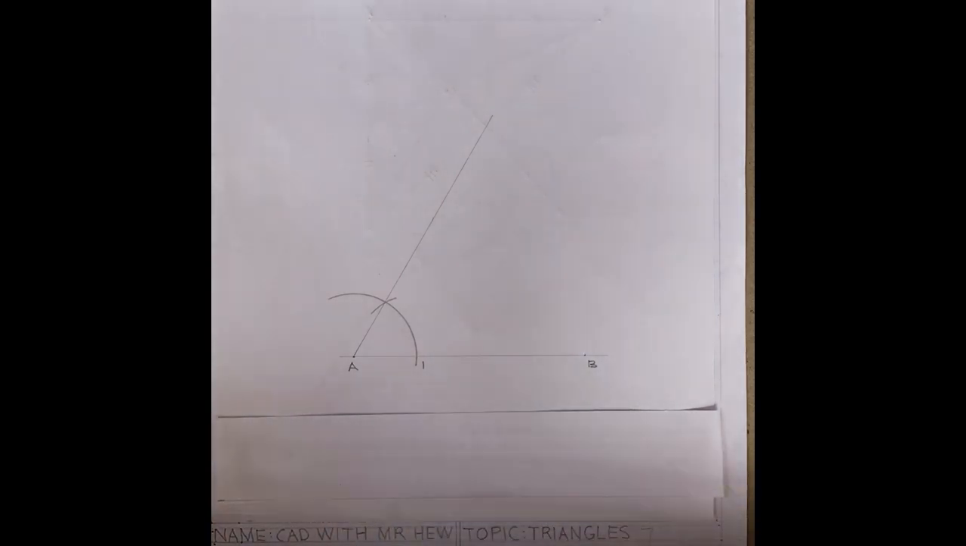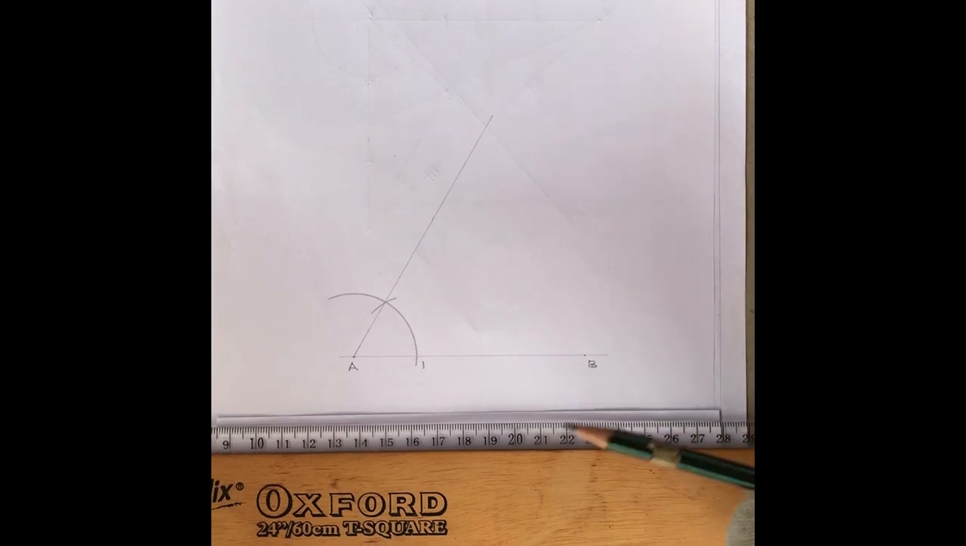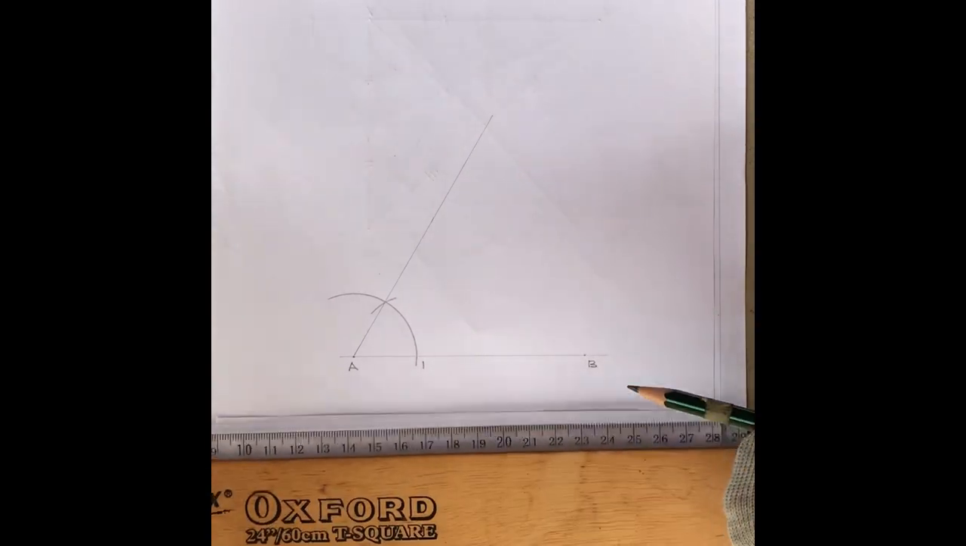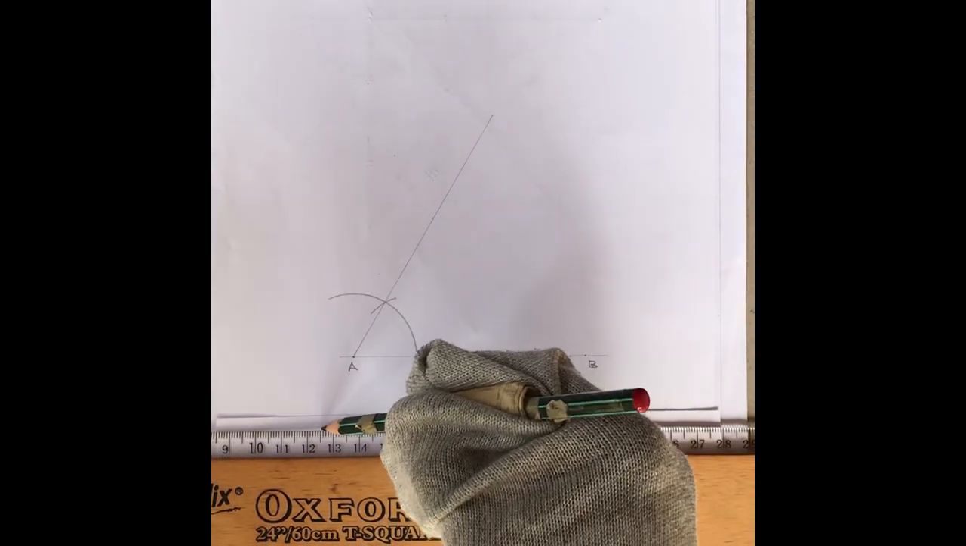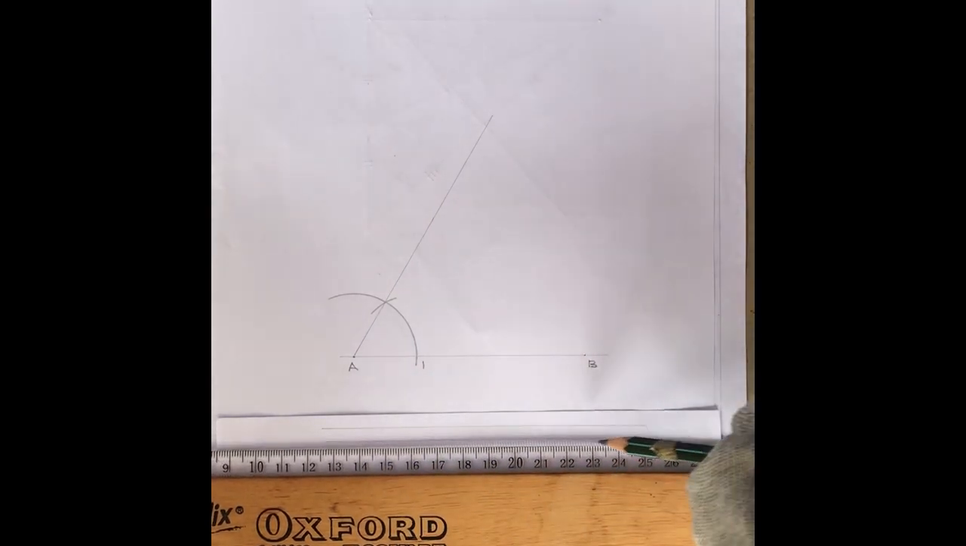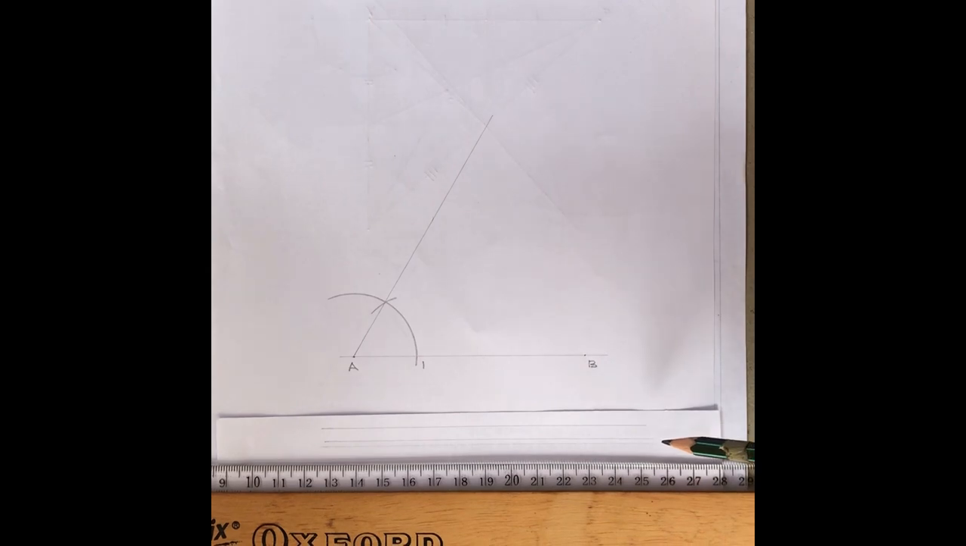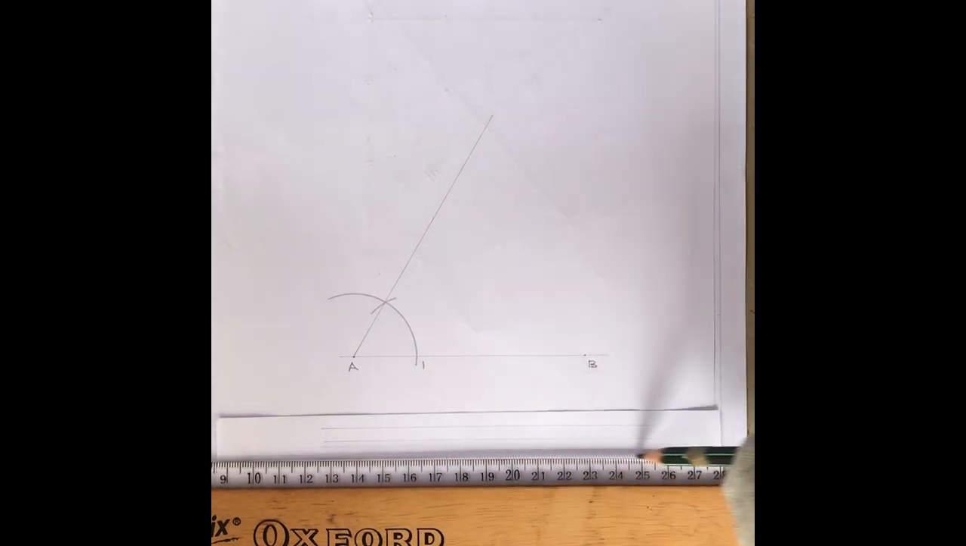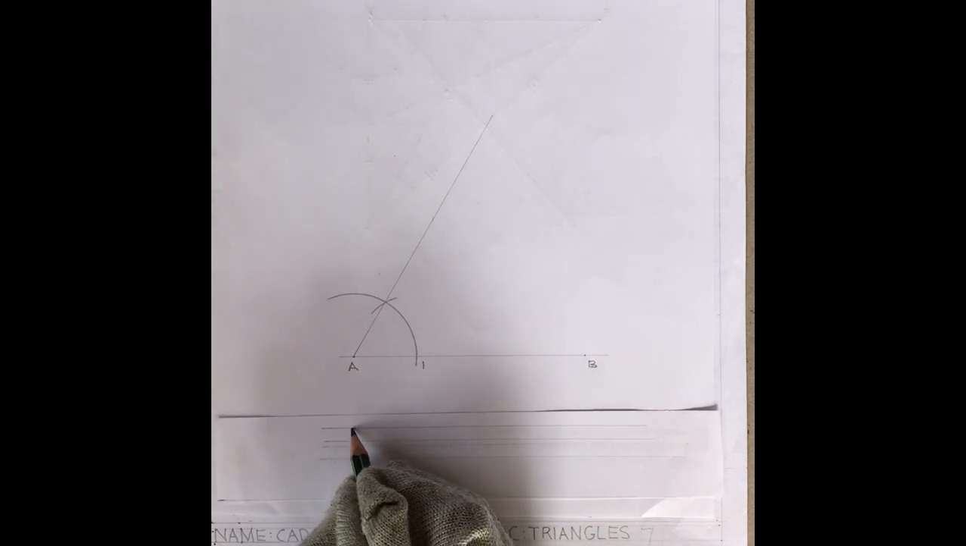So what we're going to do now, we're going to label our drawing. So we're going to draw some guidelines, some faint lines, about 4 millimeters apart, so that we can label the drawing. So we're drawing another pair of lines so we can label. So we're going to label to